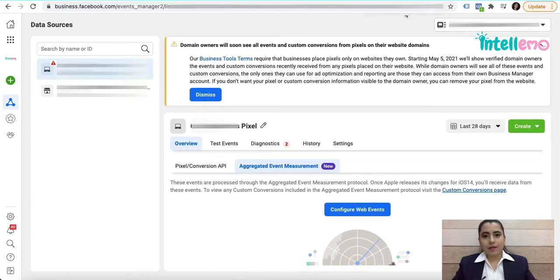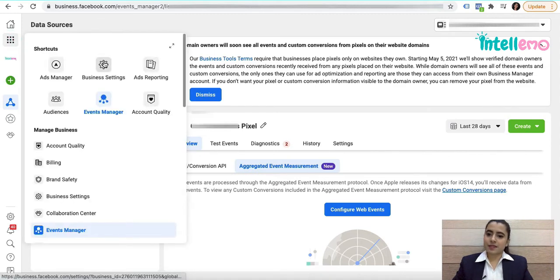So let's say that if you're running your campaigns for increasing the website traffic or running your campaigns on some audience which is, let's say, for video views, etc., then your campaigns won't be affected much. This update would specifically impact the campaigns which have conversions as their goal setting. So without getting into much of the details, let's see that if you are running your campaigns for conversions, then what are the steps that are involved which you'll have to do to ensure that your campaigns are not impacted much.